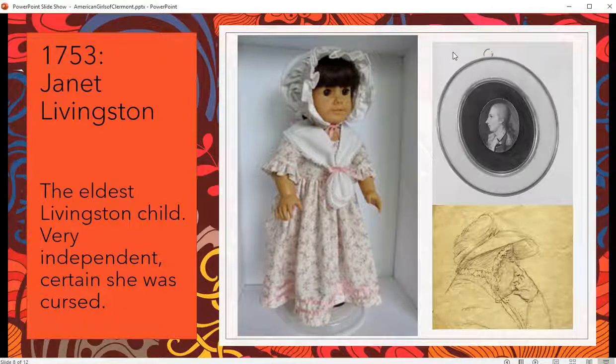And Janet grew up deciding that maybe love wasn't for her. Maybe she was just going to live her life independently. She didn't have to get married. She's incredibly wealthy and she's very independent. She knows how to take care of herself, so that makes sense. But